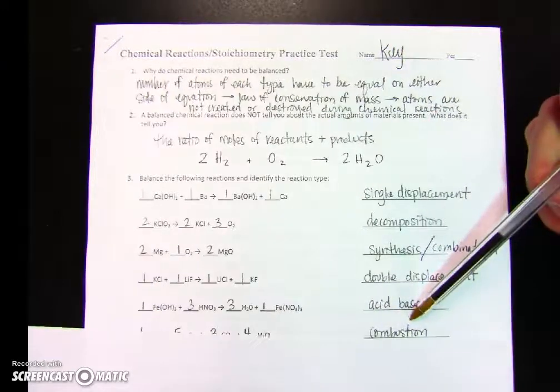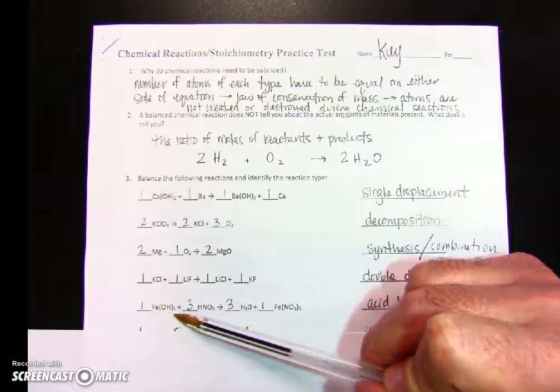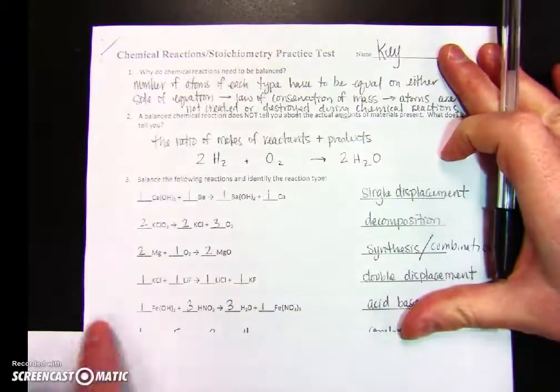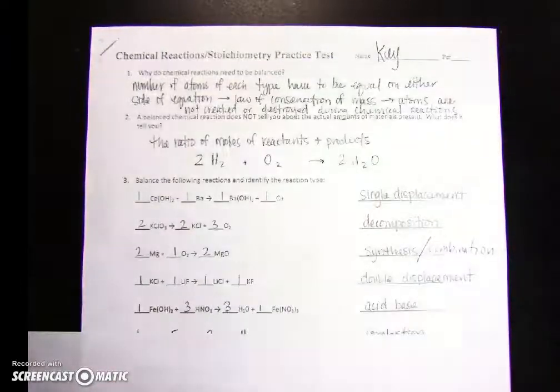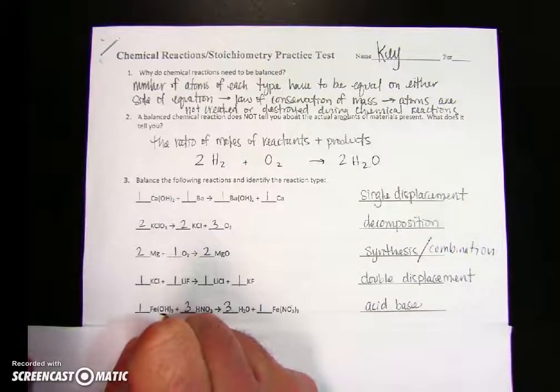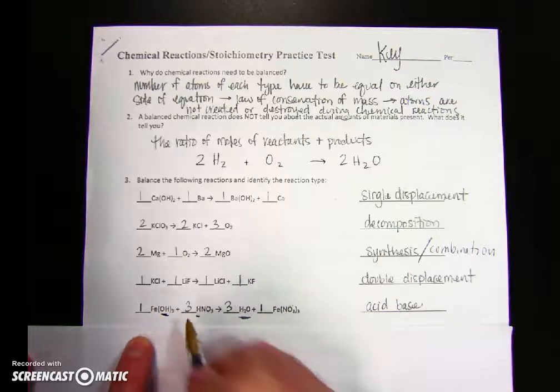This is considered an acid-base reaction, iron hydroxide, or iron 3 hydroxide, reacting with nitric acid. Acid-bases in this form are a form of double displacement, really, because what you get is the OH and the H combining to make water. This is why acids and bases